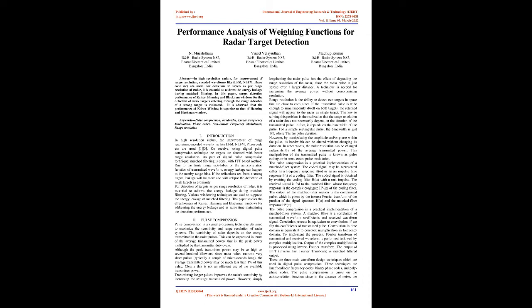2. Pulse compression. Pulse compression is a signal processing technique designed to maximize the sensitivity and range resolution of radar systems. The sensitivity of radar depends on the energy transmitted in the radar pulses. This can be expressed in terms of the average transmitted power, that is, the peak power multiplied by the transmitter